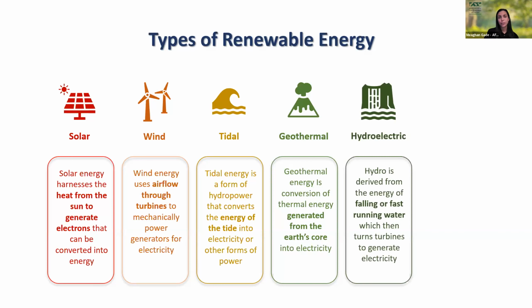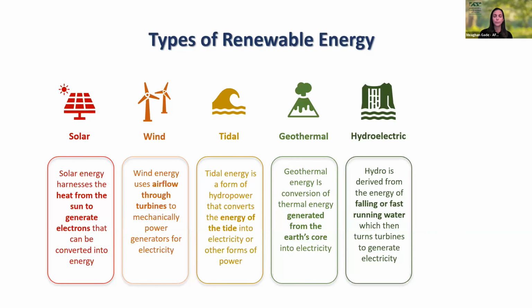Next, we have hydroelectric energy. This is basically dams. Many of you are probably aware of Hoover Dam out west. What we do with hydroelectric is dam up the water, and then we're able to control the flow of that water when we need energy. We release the water to flow, and it goes over some turbines and turns those turbines.